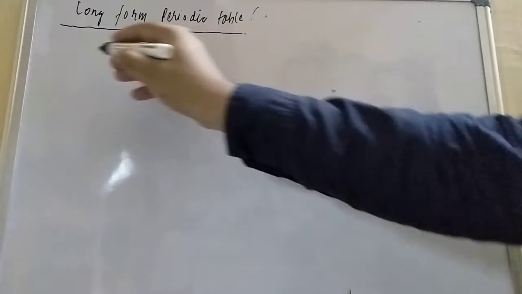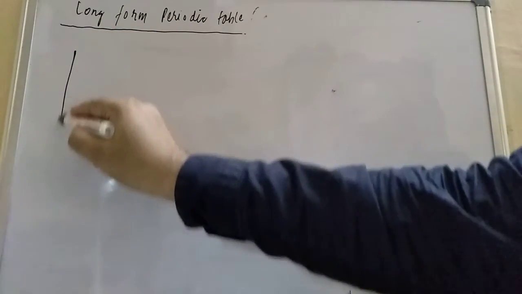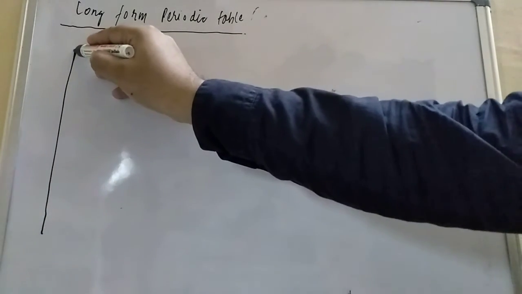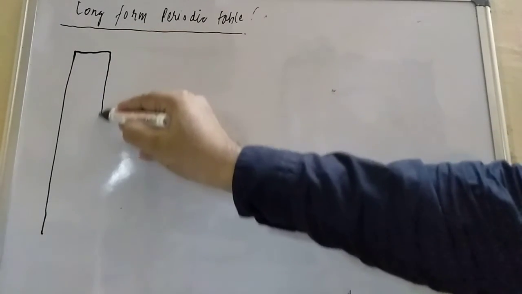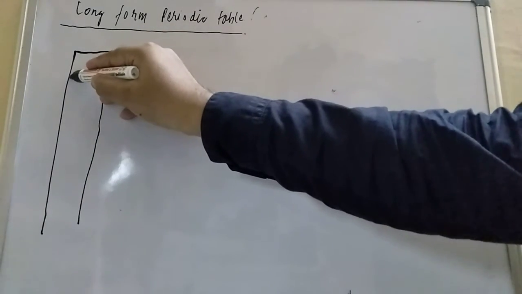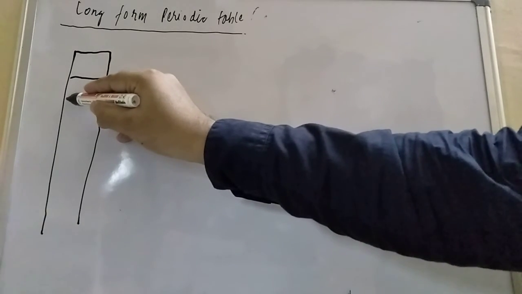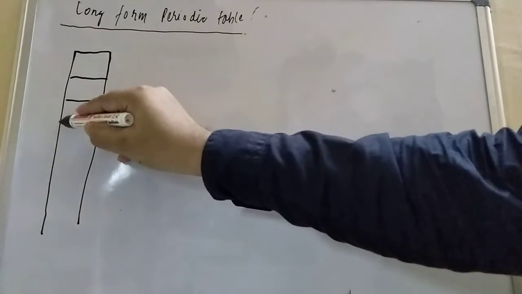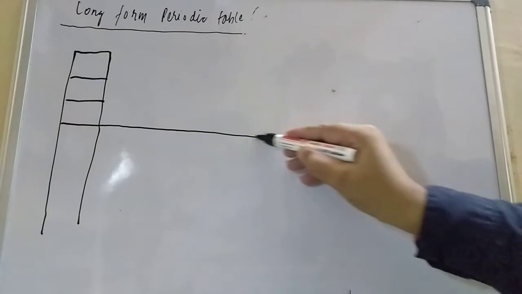Then I will try to explain this long form periodic table nicely with the help of a diagram. We will discuss some more characteristics also, and we will discuss the electronic configuration also. First of all, let us see what the groups are. Here I am doing it diagrammatically, students. I told you about the first period: there are only 2 elements.